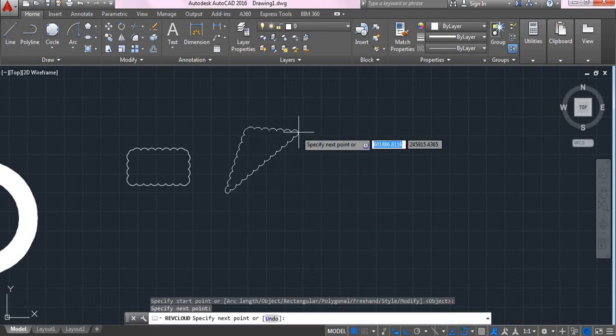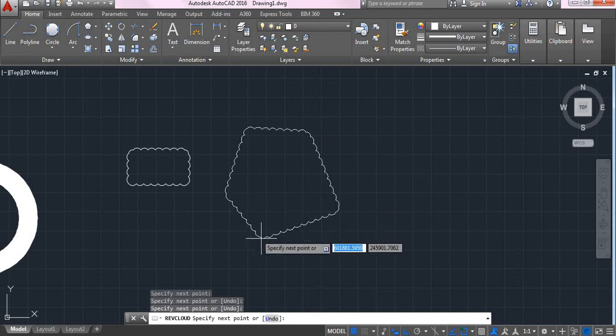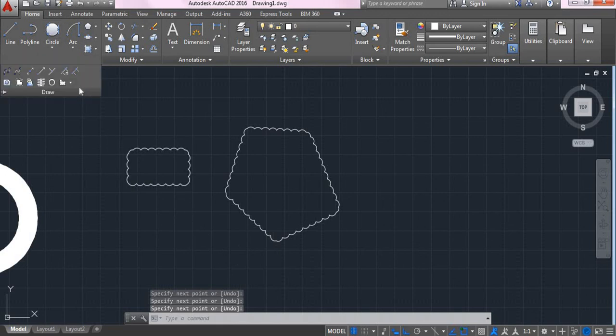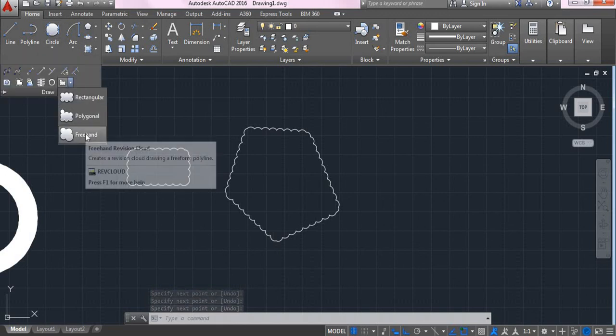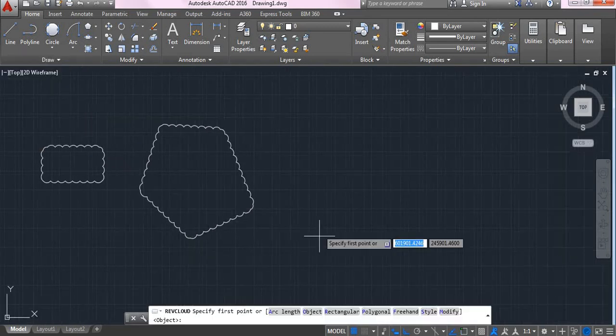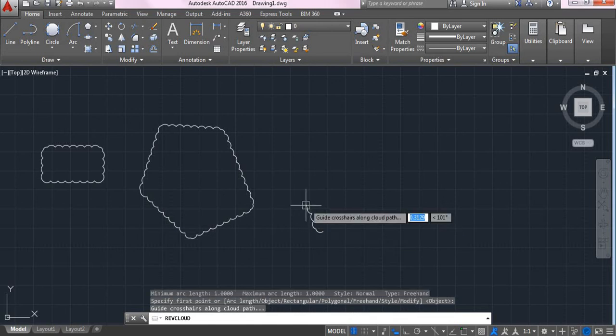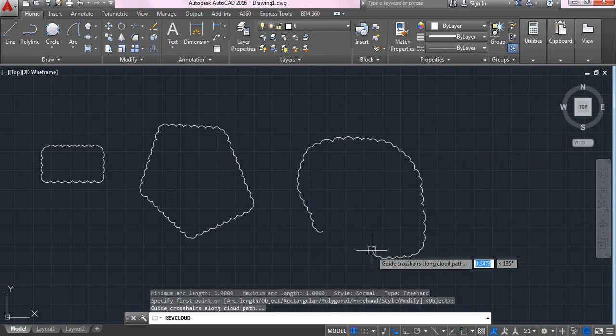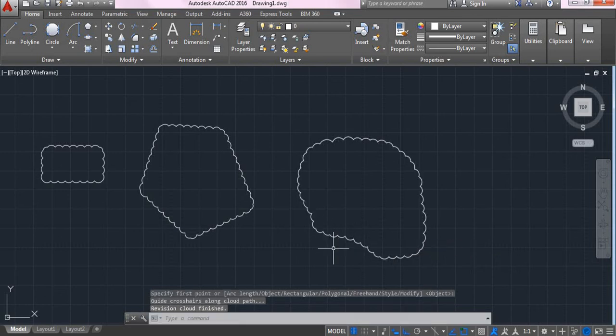You can draw the polygonal shape you want, for example, like this. And the last thing is we have freehand revision cloud. In whichever direction you take your cursor, in that direction the curve will be formed. That is, the revision cloud will be formed. This is how we use freehand revision cloud.